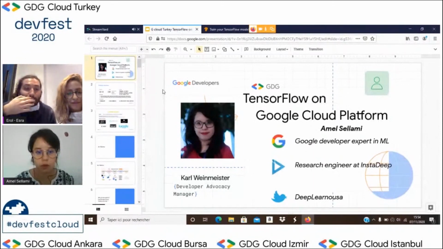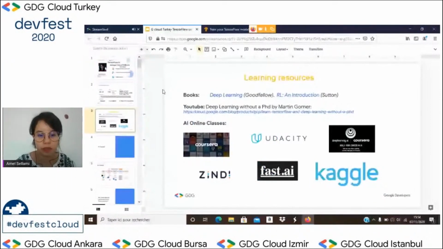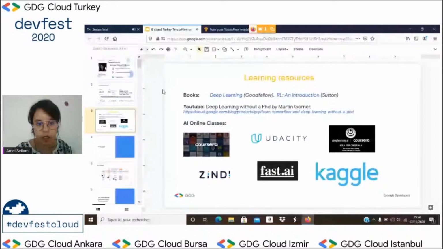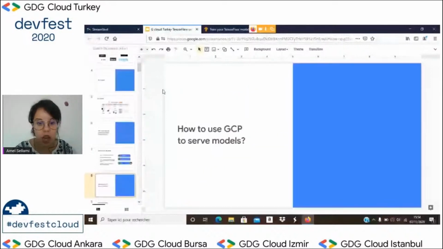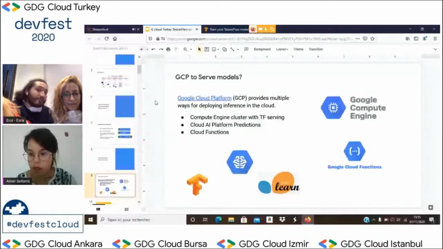Well, basically, these are the learning resources. I'm not sure if you saw them or not. This is the machine learning pipeline. And this is why we use machine learning, as I said. And I was getting into Google Cloud and how to serve models. If there is anything that you don't understand, I can get back. If everything is clear, I can carry on. What do you think? You can continue. It was understandable.